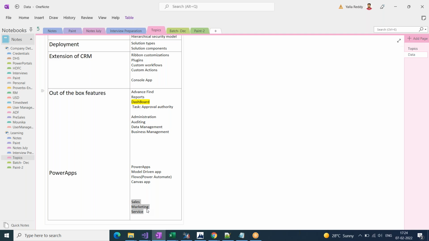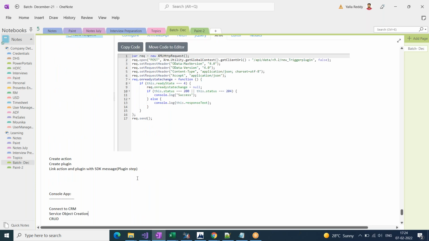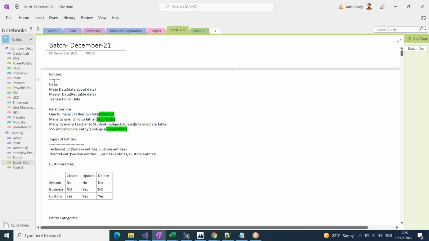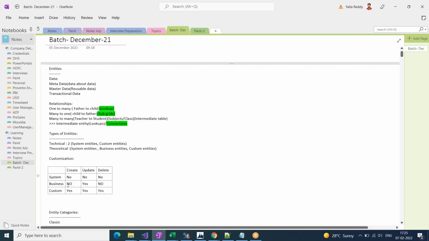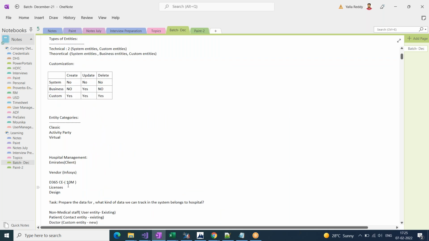And at the end of the training, I will provide you some documents. For example, if you see, this is how I will explain the things. For example, you see entities. This is how I am going to write some points, and I'll provide this document at the end.